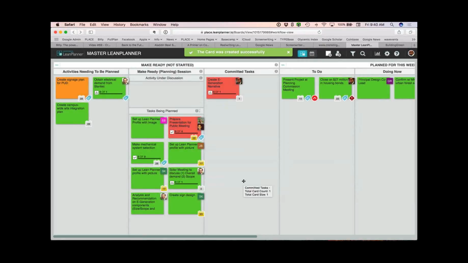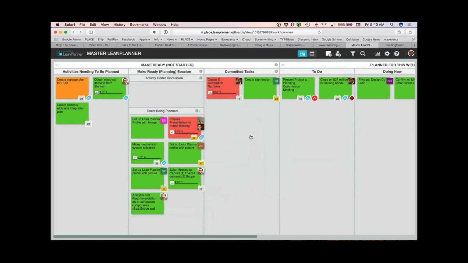And what we would see now is that this comes up in this tasks being planned. So one of the things that when we were working with Kristen about our lean process was that you need to confirm a commitment that you're asking somebody to make. So as long as something is in this tasks being planned column, I'm thinking that is essentially asking Stuart to make this commitment to creating this monument sign design. And if he does commit to it, then I will see that he will move it from here to here. That's simple. That's the only action.